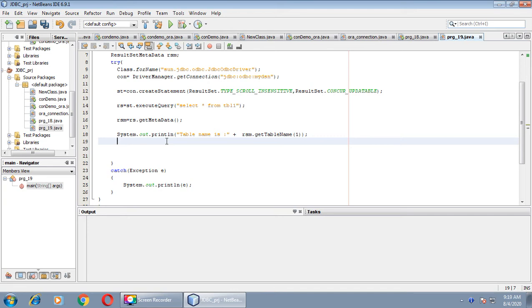case sensitive, right? So we'll write System.out.println. Here column is case sensitive, will give an appropriate message. Column is case sensitive.